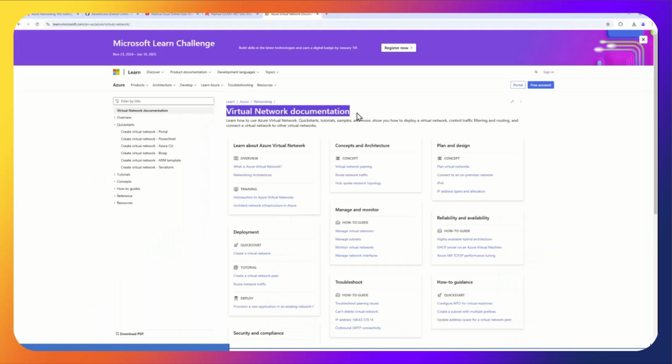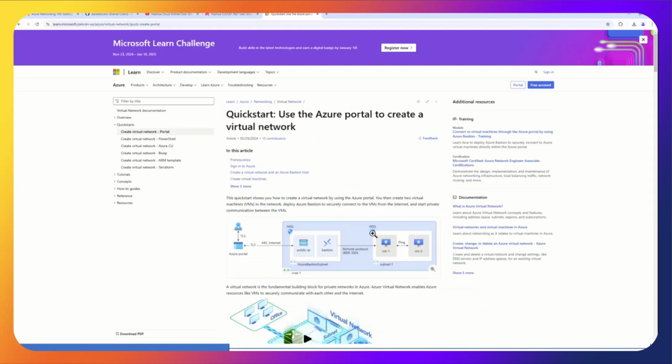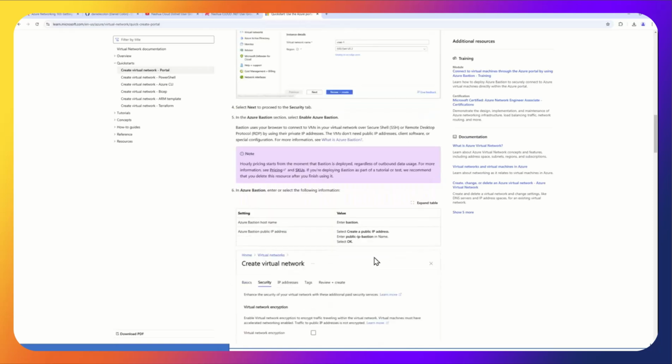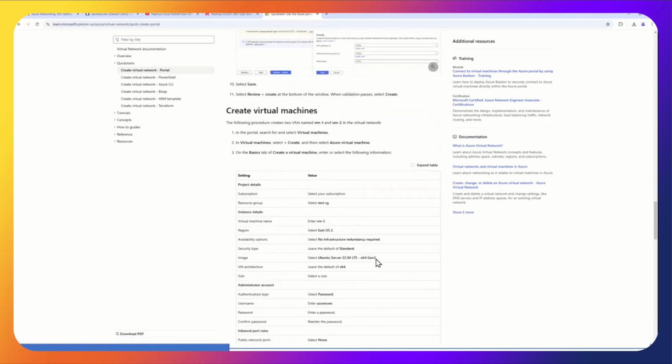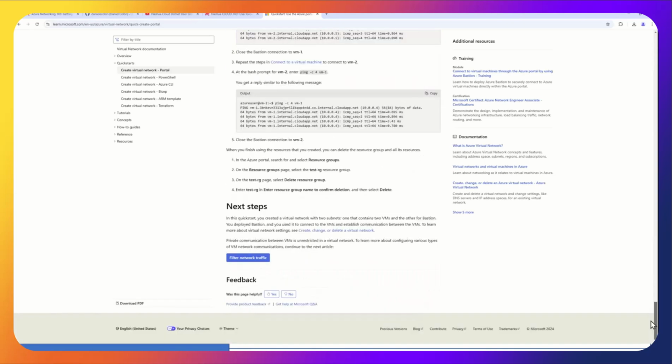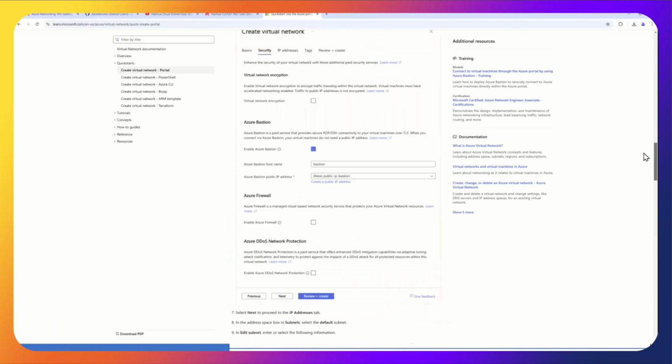So here's the virtual network documentation. You can go over concepts, maybe you're new to the concept, and get an overview. Here's a quick start, on the left of the menu with the quick starts. I'm going to do all my demos using the portal, but you can use PowerShell, you can use Terraform, and they give more explanation. It's not too involved, meaning it wouldn't take too long to go through one of these, and it's a great learning tool.